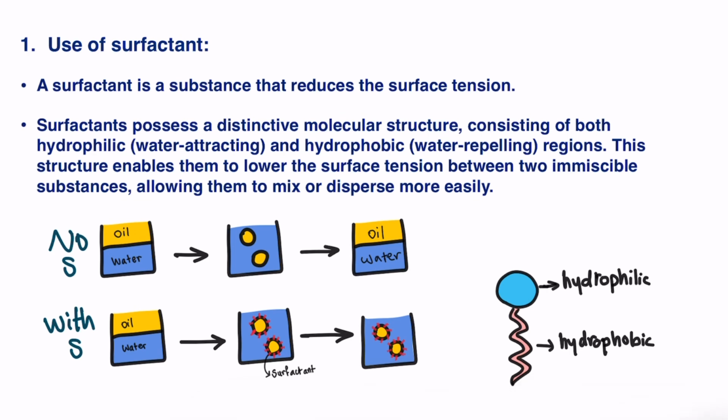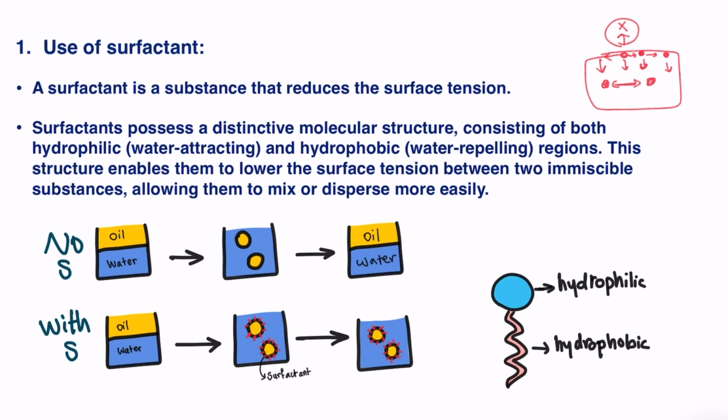Surfactant is a substance that reduces surface tension. And what is surface tension? It is an attractive force between liquid molecules, where liquid molecules are attracted and pulled from all directions toward other molecules. However, the particles on the surface are missing the cohesive pull upward and therefore are pulled inward into the bulk of the liquid. This will create tension at the surface, which allows the liquid to resist any other external